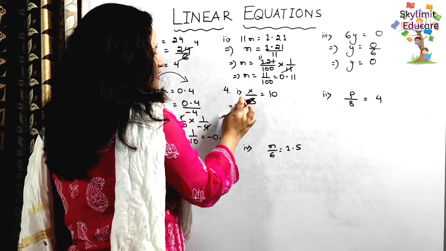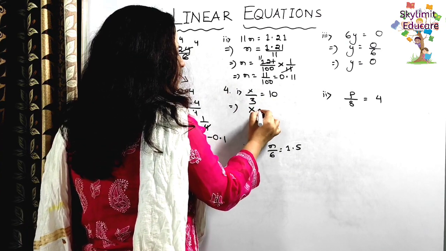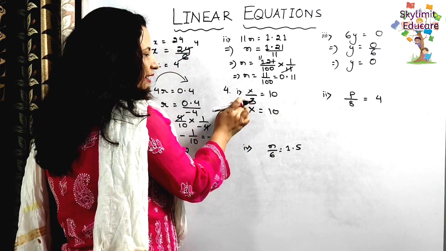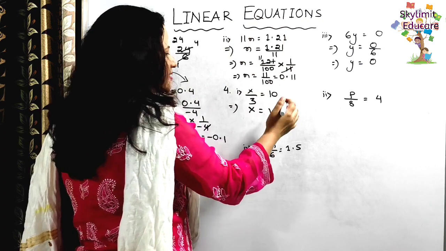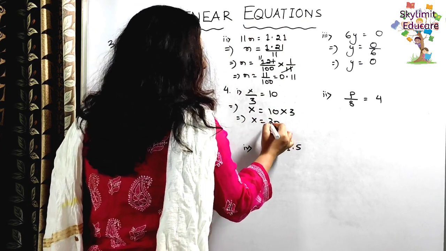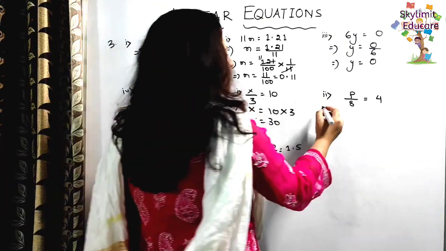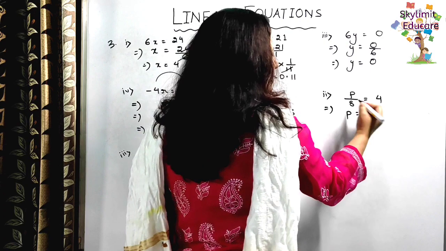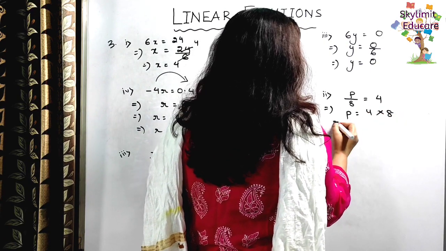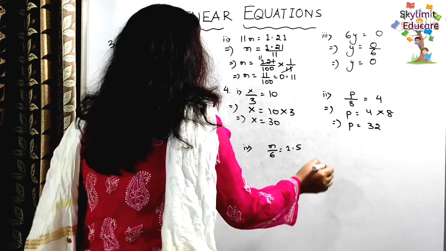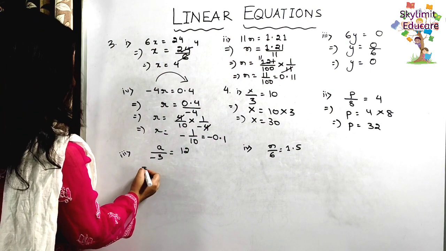The simple x by 3 is equal to 10. So simply x will be equal to what? What is there on the right hand side? 10 is there. So when 3 is divided here, so when 3 goes to the right hand side, it will be multiplied. So x is equal to how much you got? 30. Okay. Now next, here also same thing. p will be, so here 8 will be shifted that side. 8 is divided here, so 8 will be multiplied here. So you got p is equal to how much? 32. Okay.